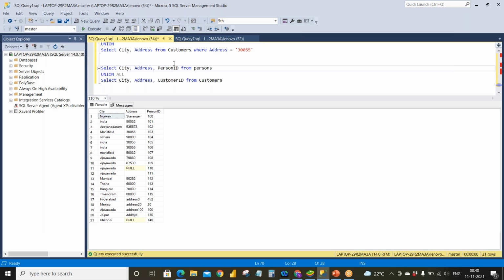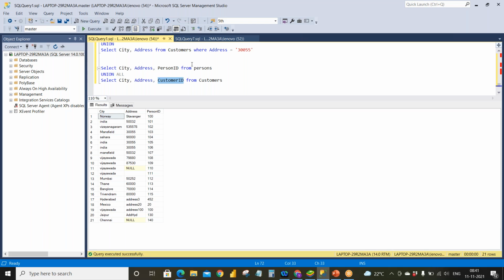The thing is, person ID is an int type here. That means it will only allow numbers, and customer ID is also an int type here, and it will also allow only numbers. The data types are correct and the order is correct, and we can think of it this way: this person ID data and the customer ID data are almost the same thing.